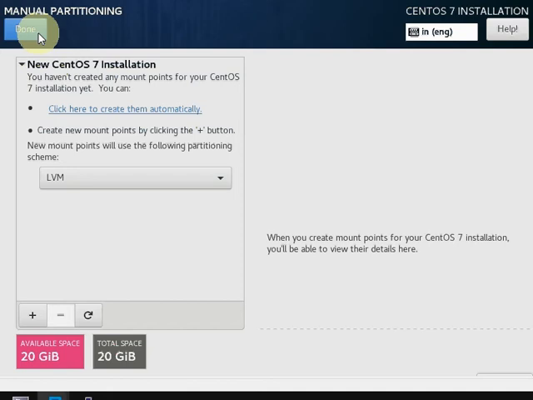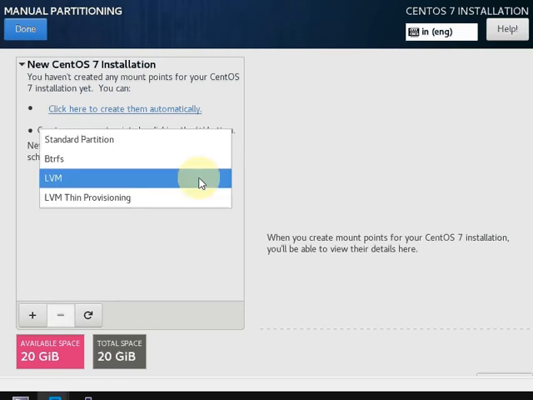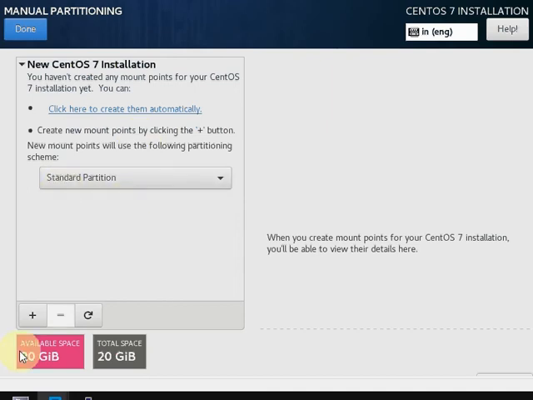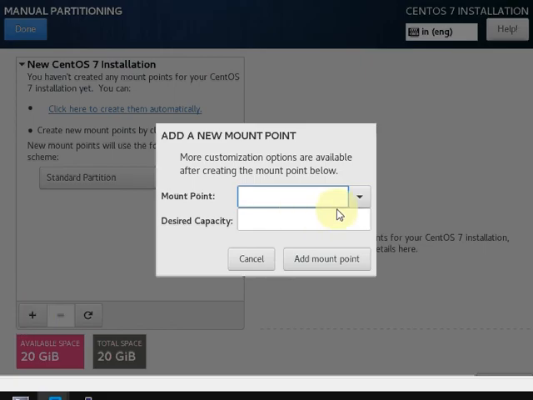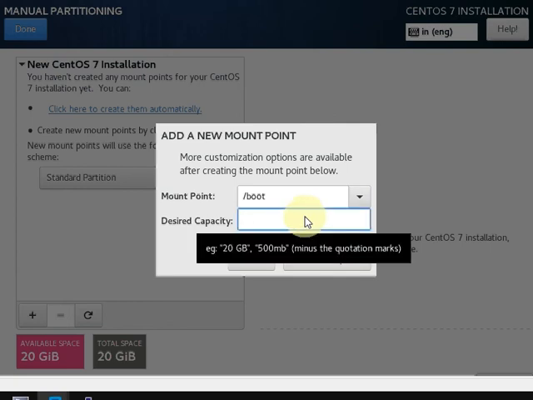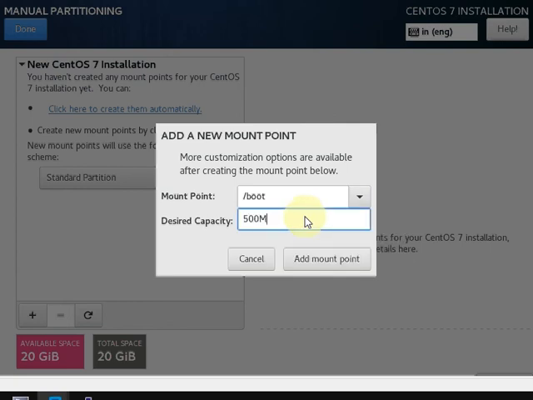Just remember one thing: if you put the boot partition in LVM, there will be a problem, the system will not boot. So first we need to create a boot partition as a standard partition. Choose standard partition, click on the plus sign. Here you can choose /boot, give the size 500 MB.